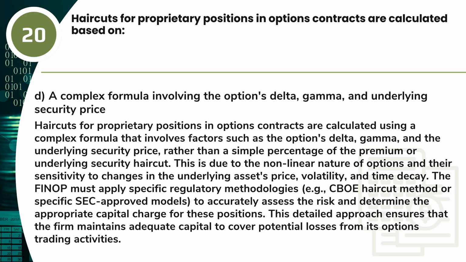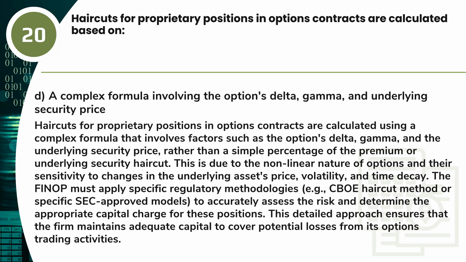Answer D. A complex formula involving the options delta, gamma, and underlying security price. Explanation. Haircuts for proprietary positions in options contracts are calculated using a complex formula that involves factors such as the options delta, gamma, and the underlying security price, rather than a simple percentage of the premium or underlying security haircut. This is due to the nonlinear nature of options and their sensitivity to changes in the underlying asset's price, volatility,